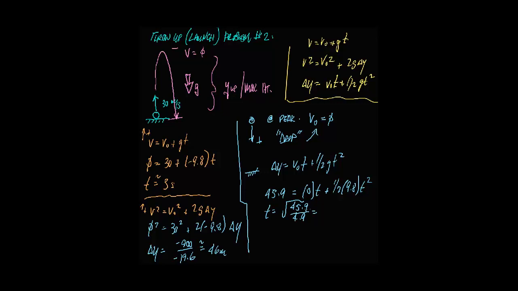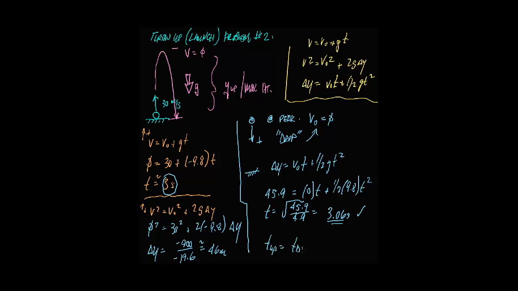And if I go through that and take the square root, I get 3.06 seconds, which is exactly what we got here, but we were just calling it 3 seconds. So we verify that if it falls down the same distance that it went up under the influence of gravity, ignoring air resistance, the time up